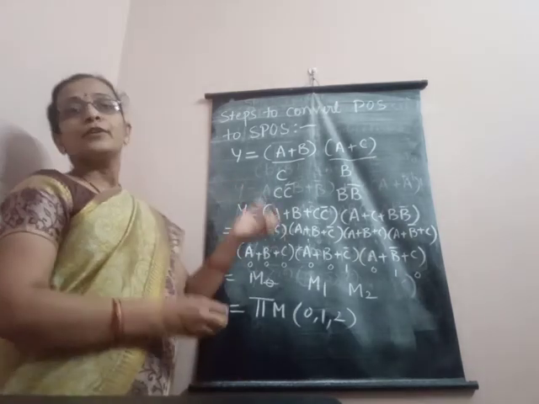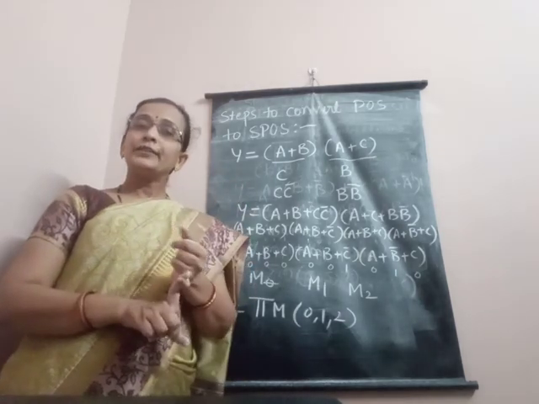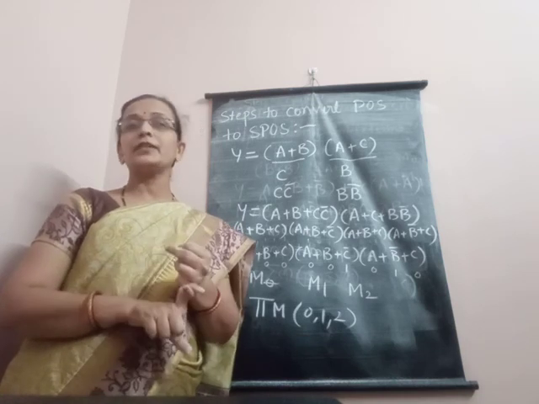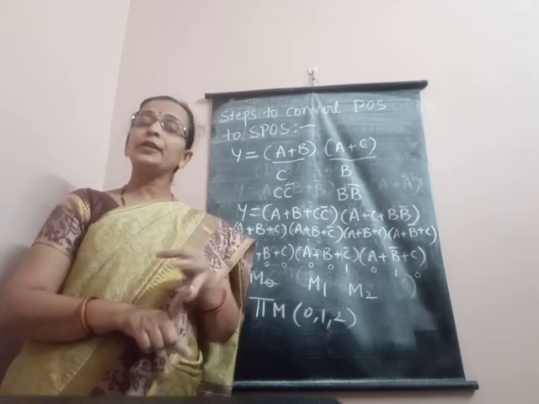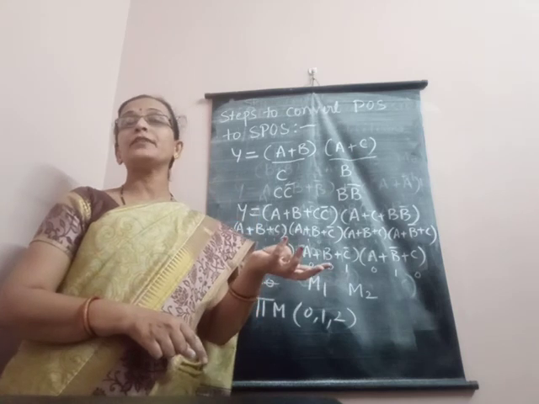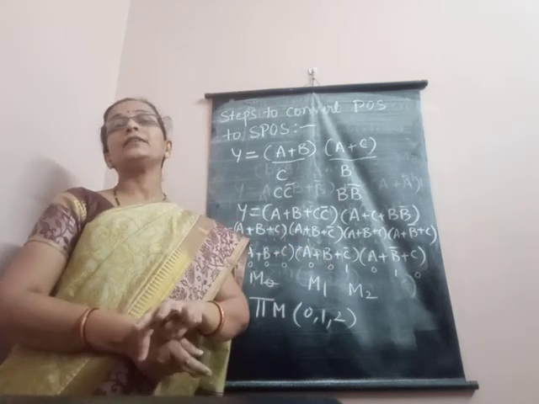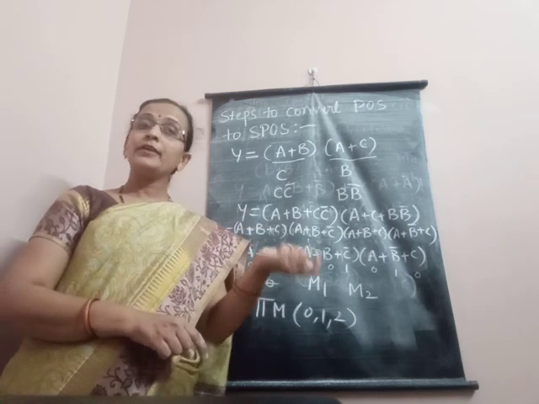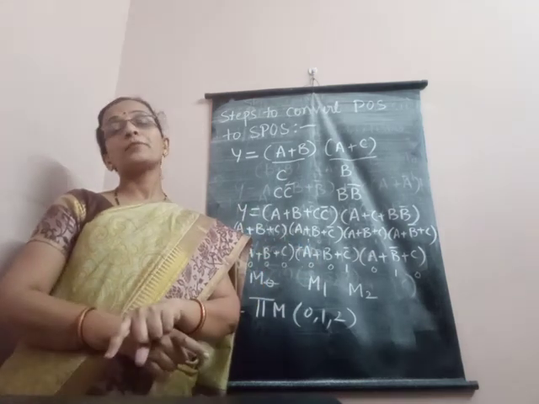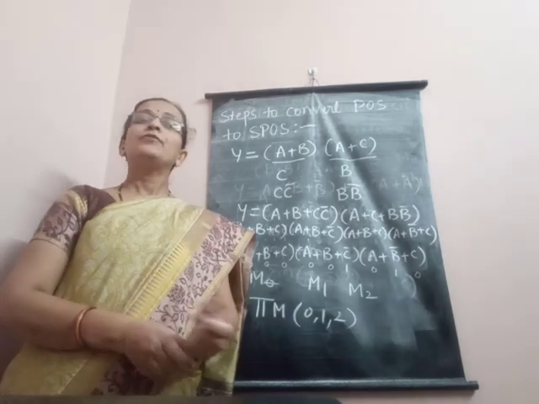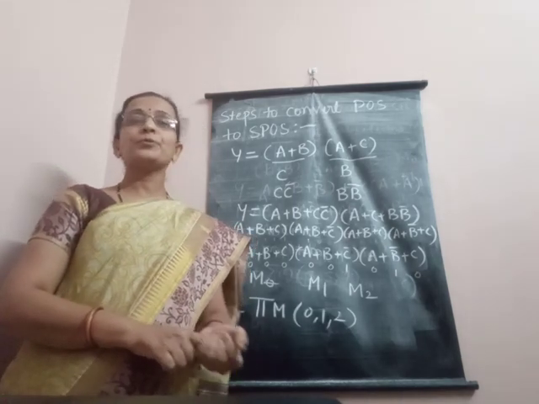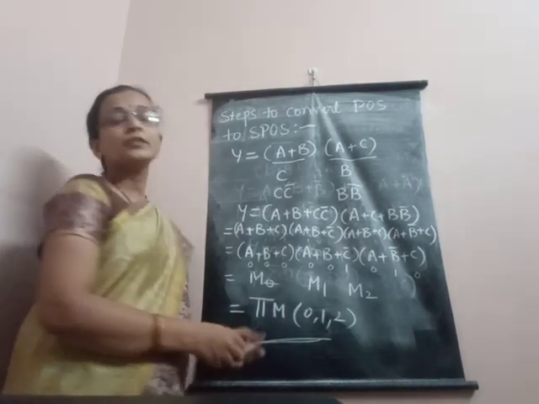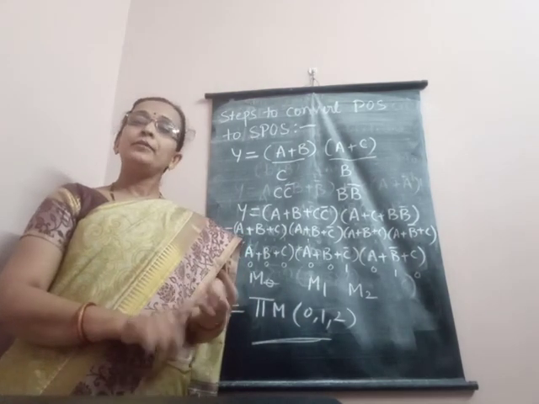Is it clear? So first thing is to identify the missing term. In both the cases, first we have to identify missing term. Then form the term, there we have to OR the missing variable. Here we are ANDing the missing variable. Third step is to AND the term obtained here, or the term obtained in step 2, with the original term. Fourth step is to apply property of distribution and expand the term, and finally we are getting the expression including min terms and max terms.